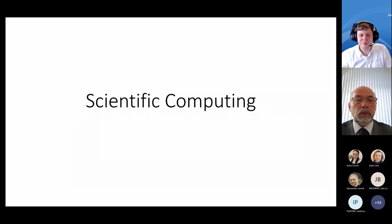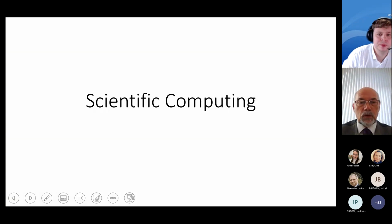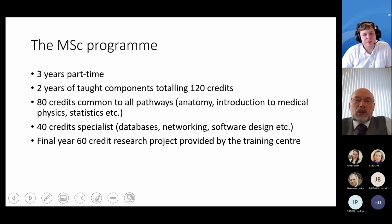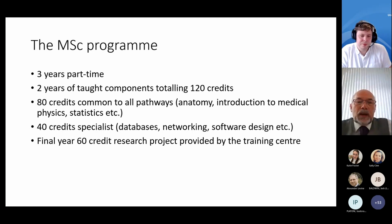Right, so we're looking at scientific computing, and I'm looking at it particularly from the academic side of things. So this is the master's program, so that's why it's got a little C at the end of it rather than a capital C. So this is the Master in Science program, which runs here at Liverpool. It's a 3-year part-time course, therefore it runs alongside the workplace placements that Stuart's been talking about that you're undertaking there. What you get out of these 3 years is you've got 2 years of taught components which total 120